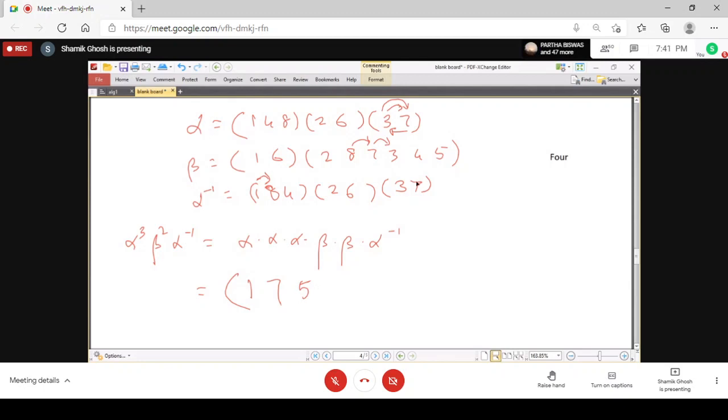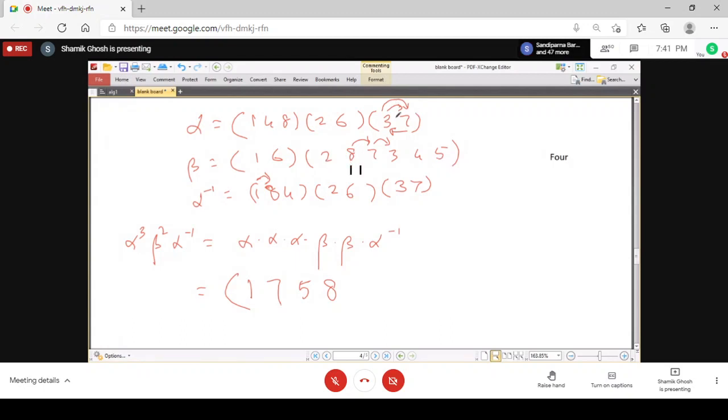So now from the start, we start with 5. There is no 5 here, so 5 stands. Now 5 in the beta... Sir, please repeat the seventh one. Oh, 7 to 3, and then 3 to 4, 4 to 5. And then there is no 5 in alpha, so 5 stands. So we start from 5. There is no 5 in alpha inverse, so we start from beta. So 5 to 2, 2 to 8.